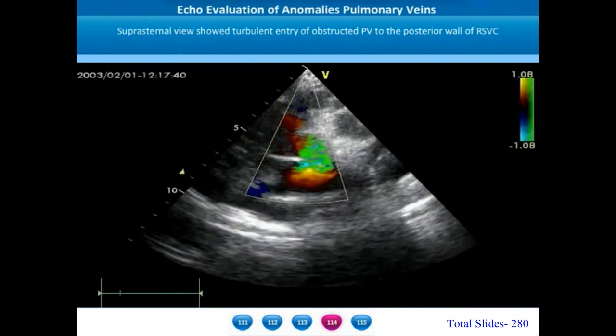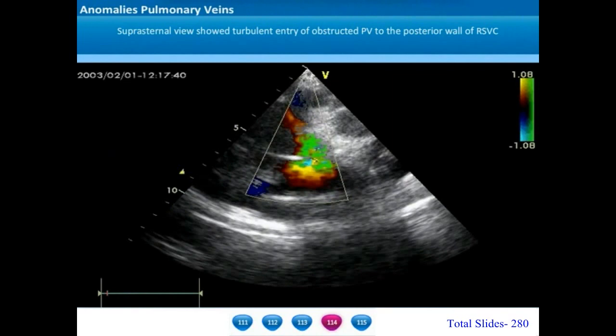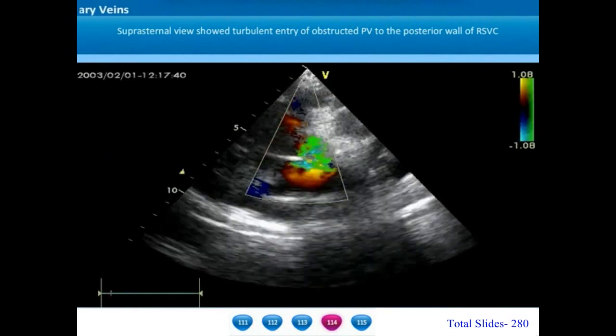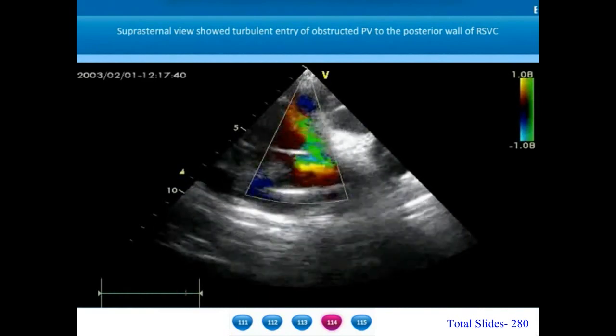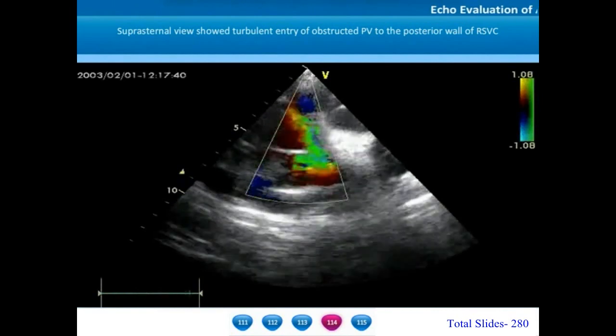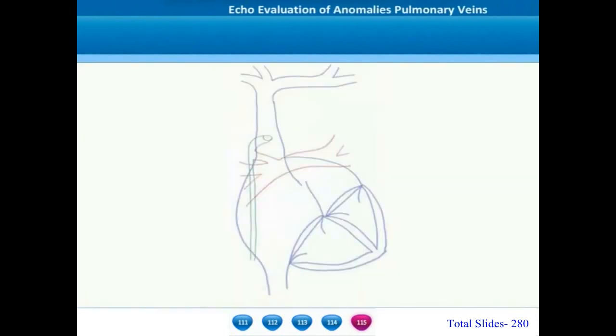From the suprasternal view, we can appreciate the drainage of the azygos vein into the right superior vena cava immediately above the right pulmonary artery. There is a marked turbulence indicative of obstruction at the level of azygos vein. If you draw a cartoon of this example,